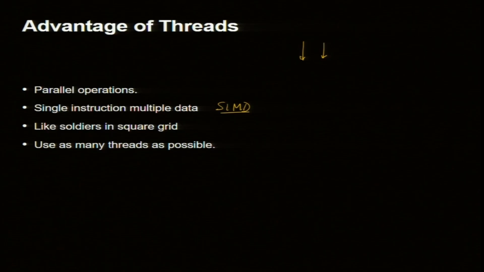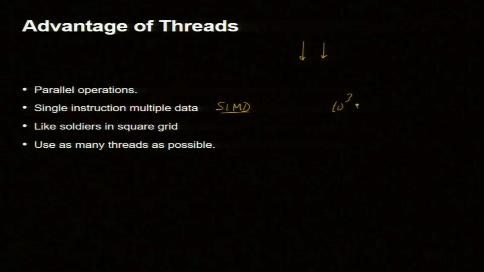You should really generate a lot of threads for your simulation of, let us say, 1000 cube data. You should have a million threads. Do not worry that there is no million cores, what will I do? It will manage it. So, a 1000 cube simulation should have a billion threads, 10 cube, 10 cube, 10 cube. You put that many threads, you organize it that way. It will sequence it, that is not your problem.